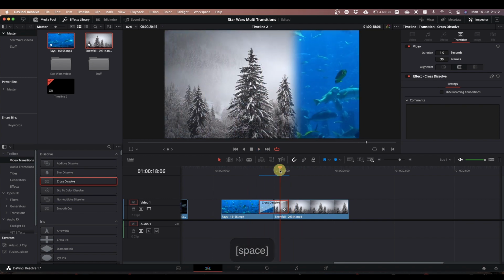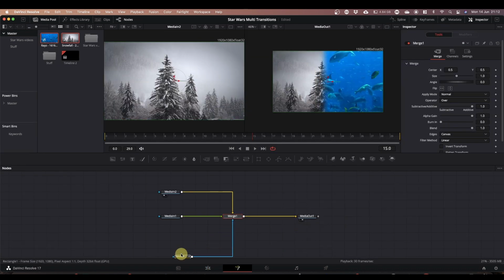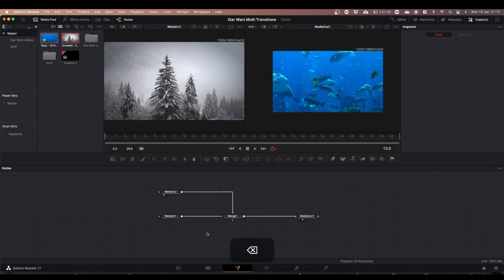Now if you don't want a wipe, you want something else, again opening the Fusion page, you can get rid of your rectangle and you can put another shape on, and you can have any shape you want. You can use a polygon to make some sort of weird and wonderful shape, and then you would just use the anim curve on the size. I'm going to use the ellipse,